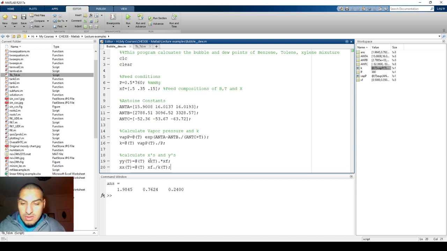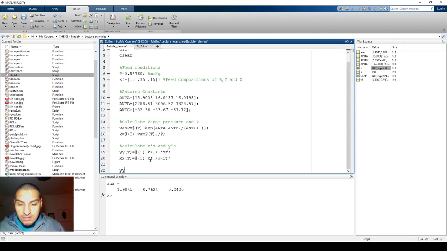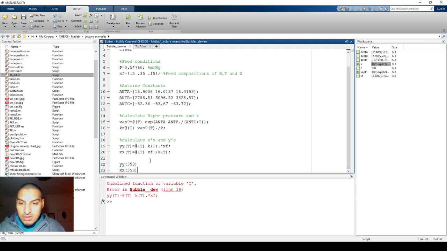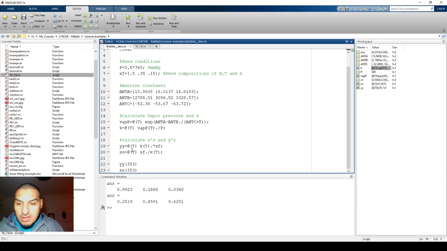Okay, so now I can do the same thing. I can do YY of 353 and XX of 353, and I will run the file. Something is wrong. It is in the T. Oh, I'm sorry, I shouldn't put this here. It is a mistake. So now you can see you can calculate the Y's and X's,